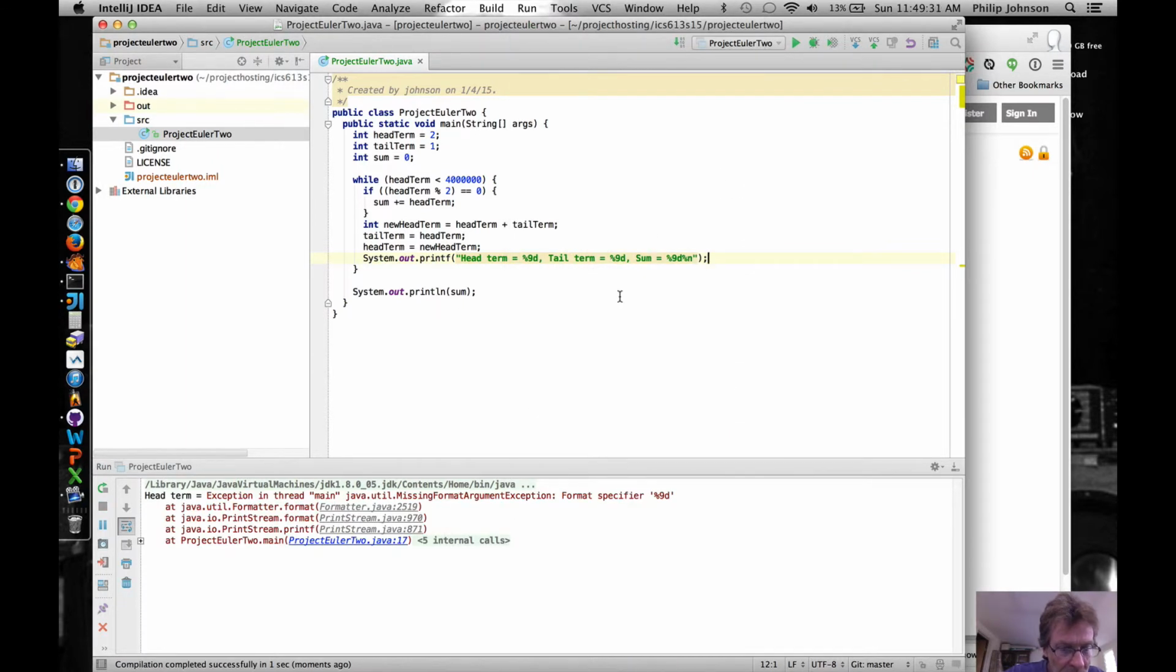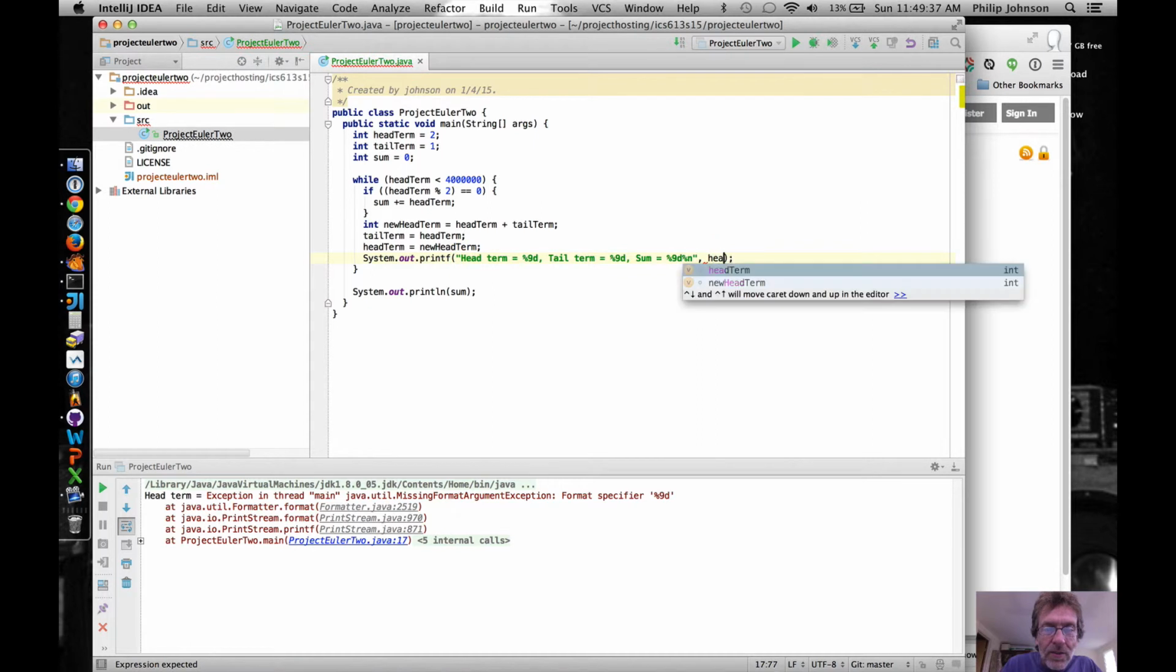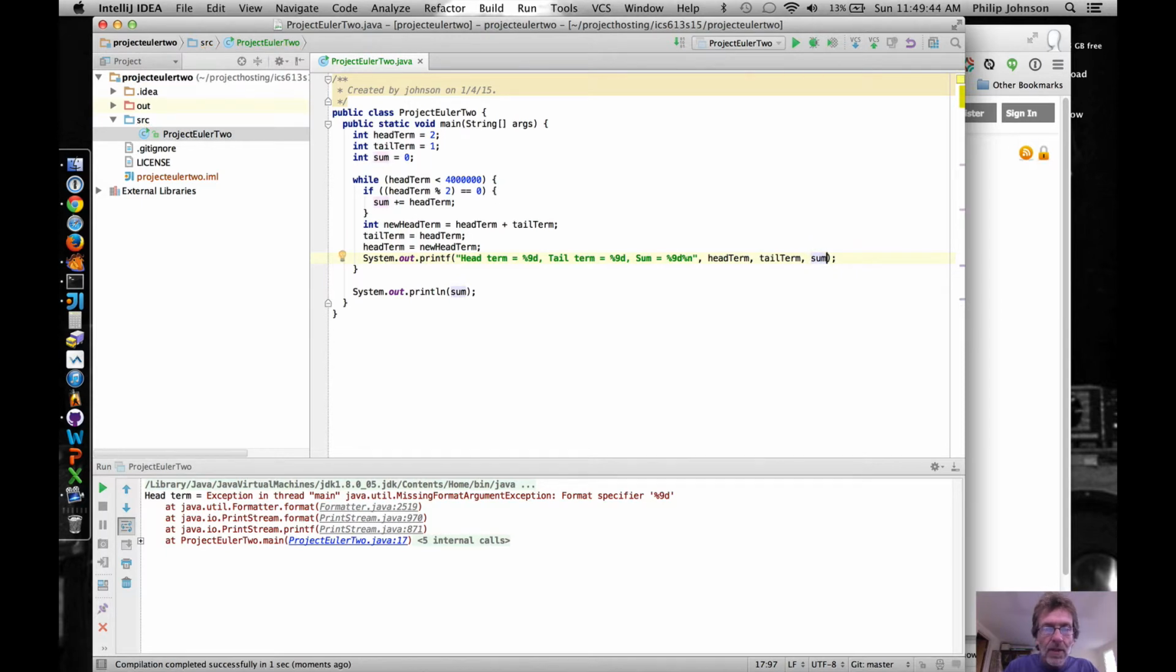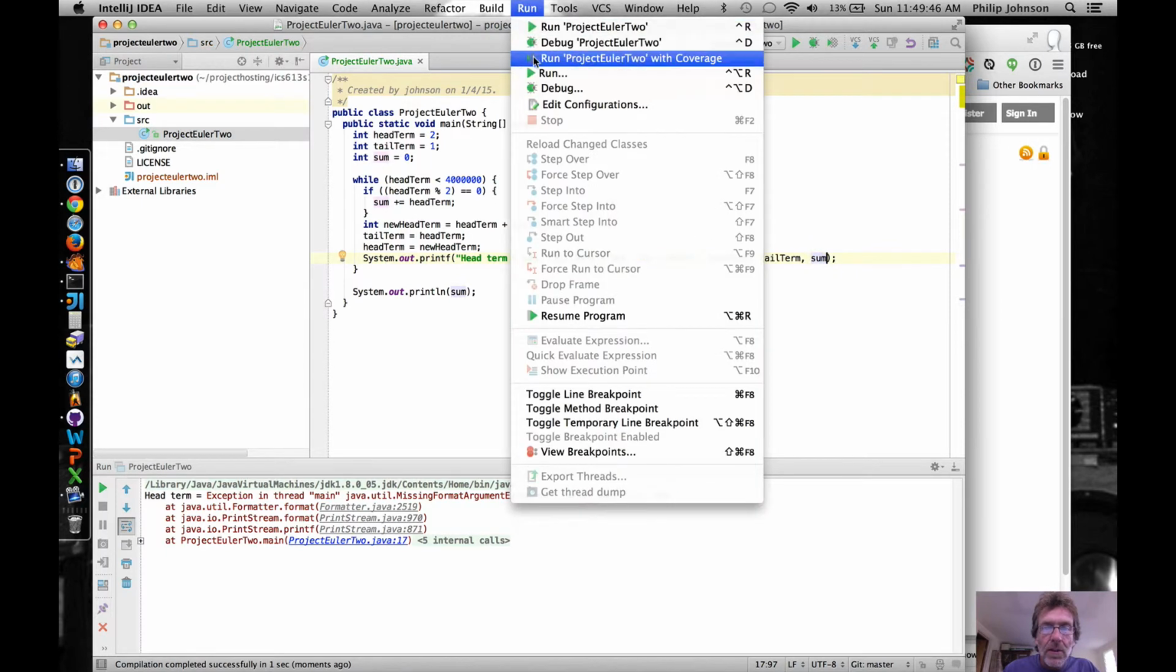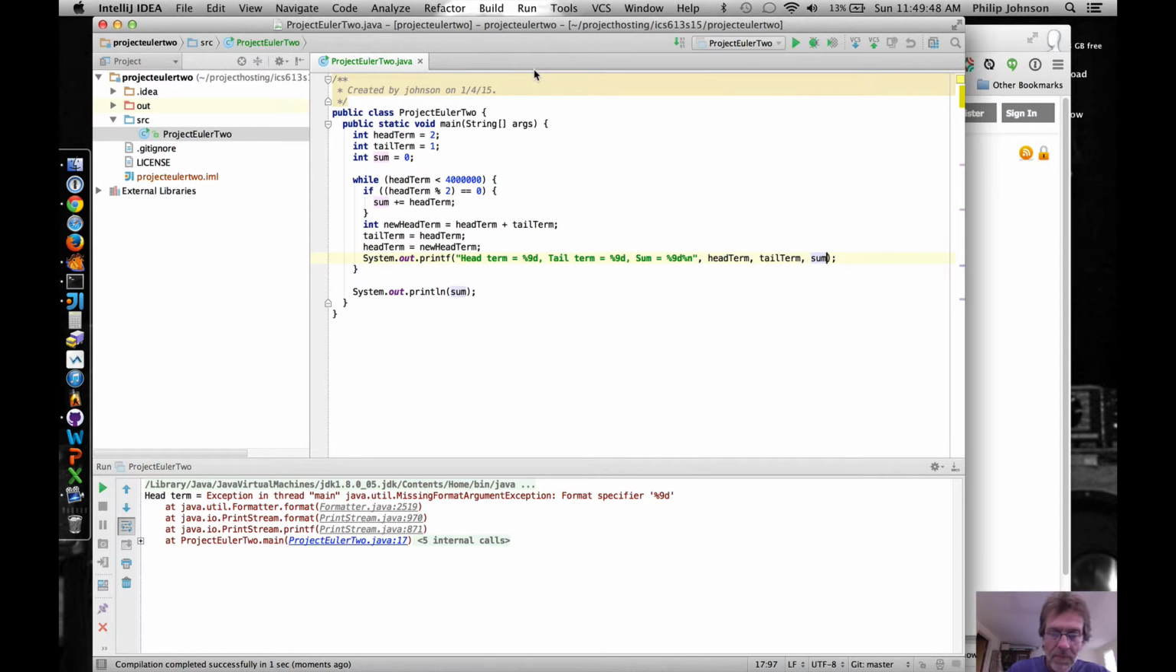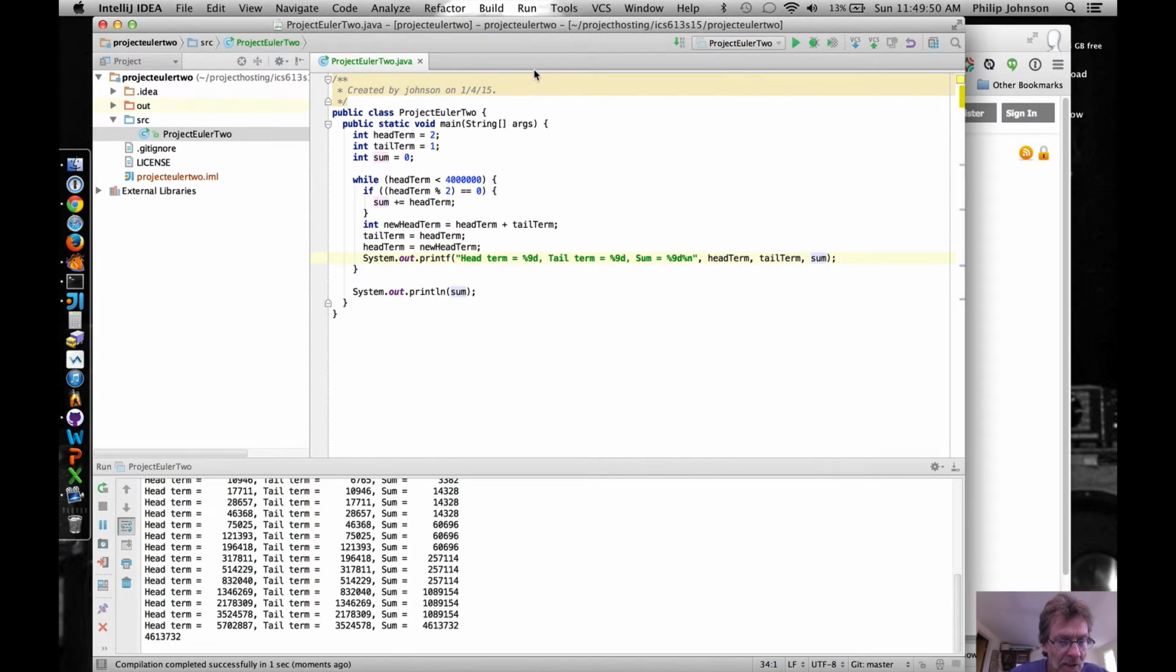Okay. Oh, doggone it. I forgot to add in the actual head term, tail term, and sum. Okay, let's try to run this one. Okay, if we look at this,